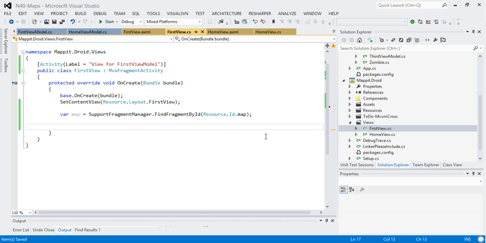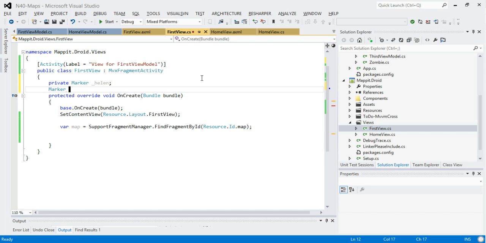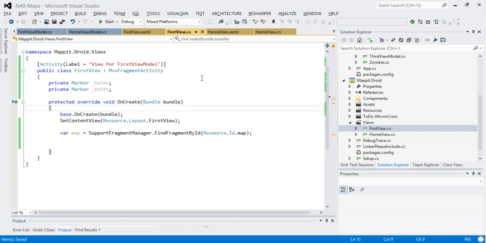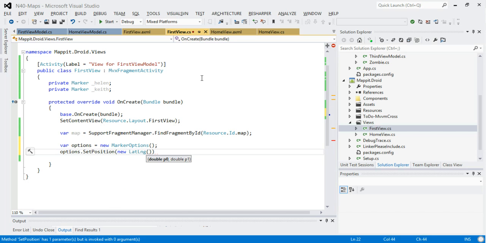So in order to do that, we need to add some annotations to the map, one for Keith and one for Helen. So in Android mapping, annotations aren't called annotations or annotation views, they're called markers. And so what we'd like to do is have a marker for Helen and a marker for Keith, and we'd like to set those up. So to do that, we're going to add Helen and add Keith. So we'll do Helen, and to do this you create it using something called marker options. So this is going to be, call it options. Options equals a new, and you set up your marker options. And what you would like to do is set its position, so initially, options dot set position new lat long, and we're going to start with